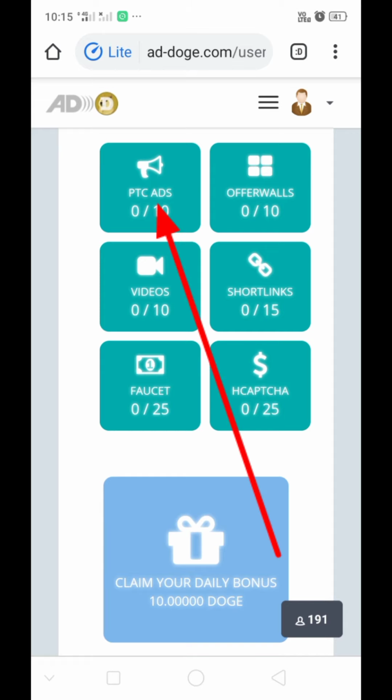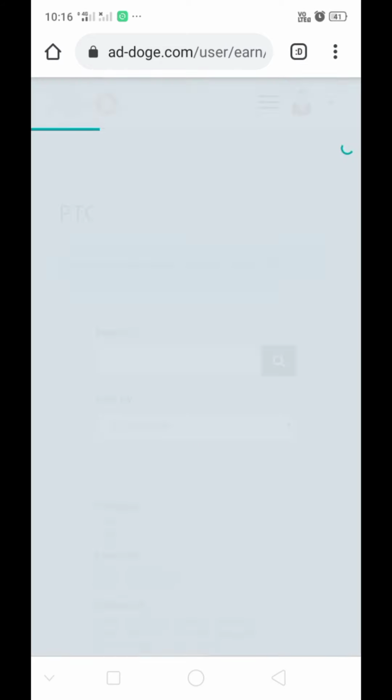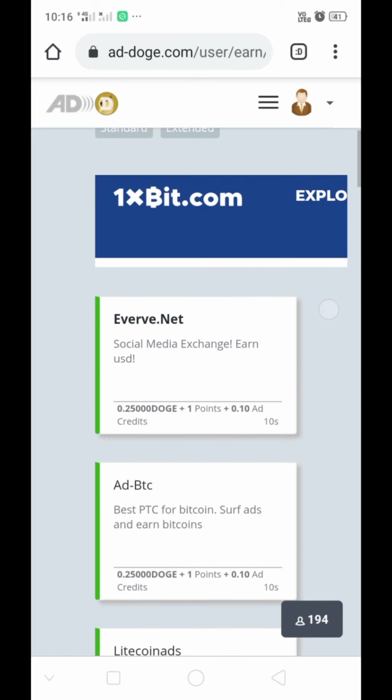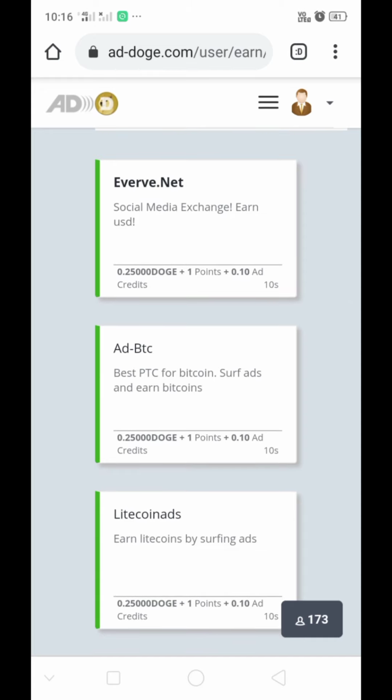Click on PTC ads. These all are the ads. Just click on one and earn 0.25 Doge for every ad.